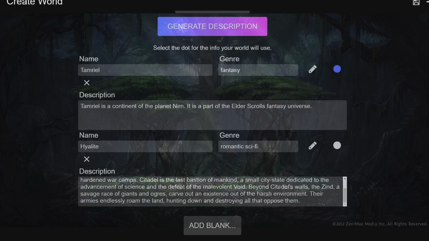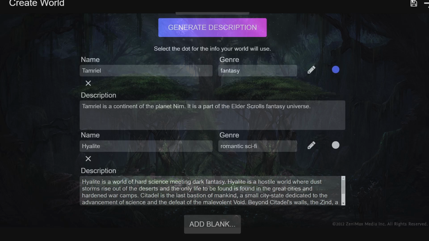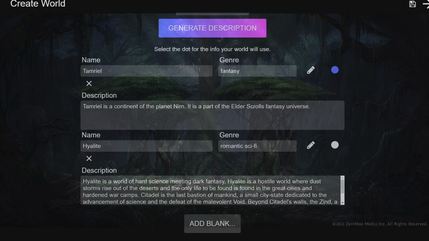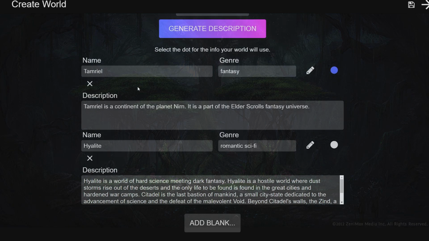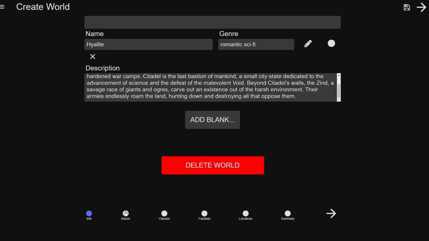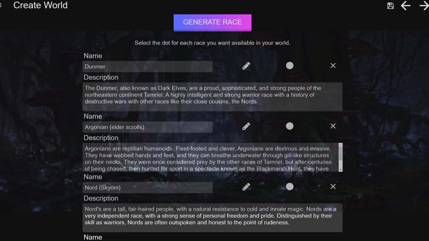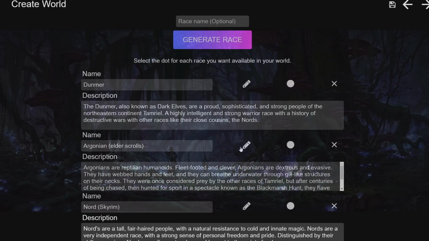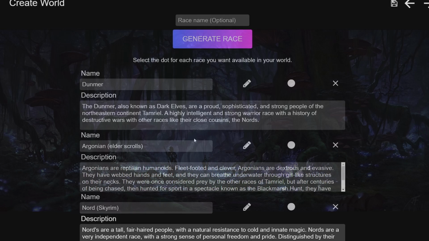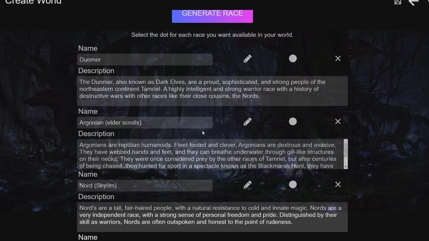You can choose to create a new random world for your own personal adventures. However, today we are going to create, with a world that already exists in fantasy and popular culture, we're going to create Tamriel. Here, as we can see, I already took the liberty of creating multiple races. Normally there are 10 major races in Tamriel, and I created all of them, and some of them are created twice. Let's just read some of them.